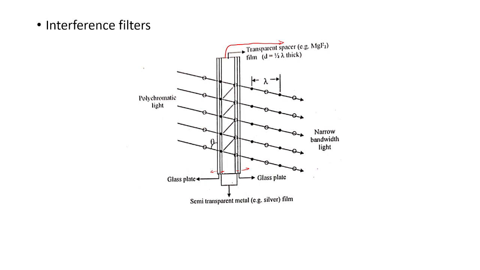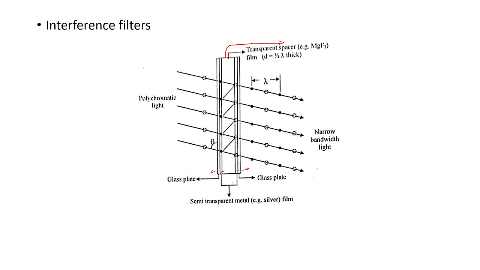Thus what happens here, part of the incident radiation is reflected repeatedly by the semi-transparent metal film, but at each reflection some radiations are transmitted out. Outgoing radiations undergo constructive interference for those wavelengths which are exactly even multiples of the distance separating the two metal films. For the remaining wavelengths, the radiation undergoes destructive interference. Okay, thus corresponding energy is not passed out. By varying the distance between the metal films, the wavelength range can be changed.